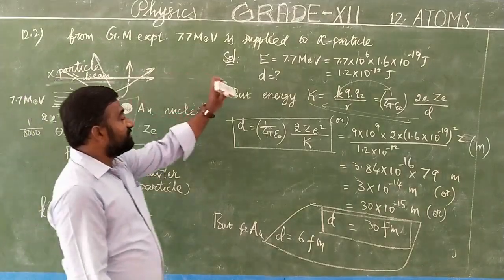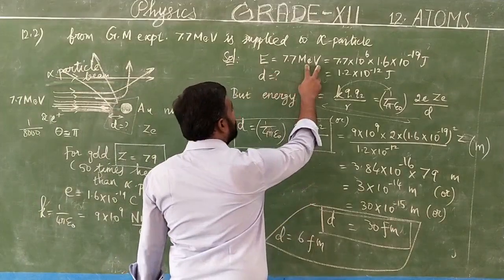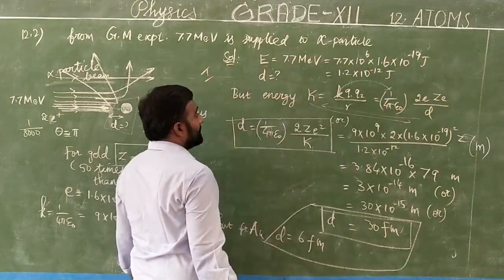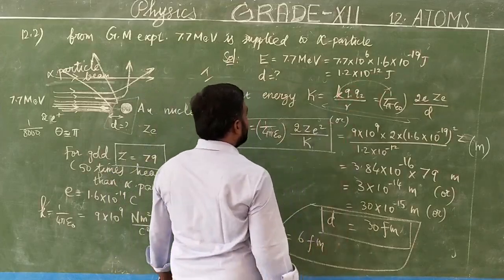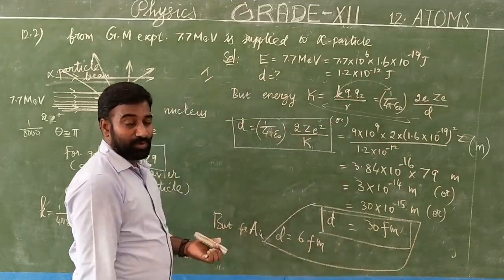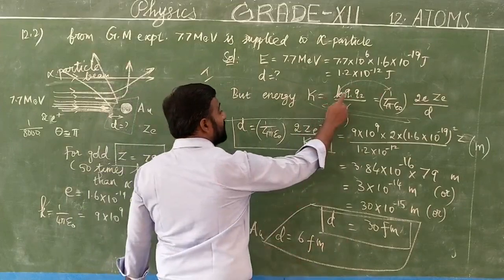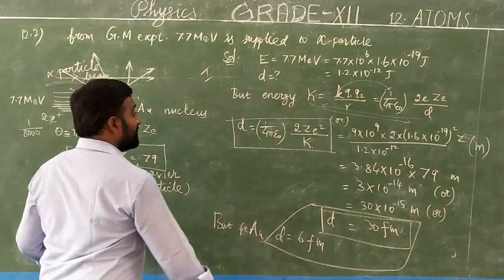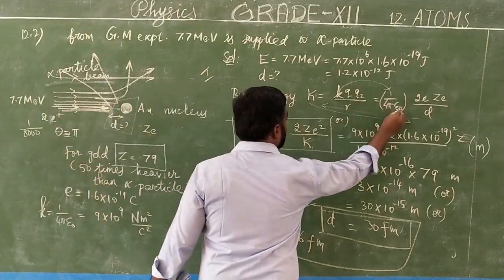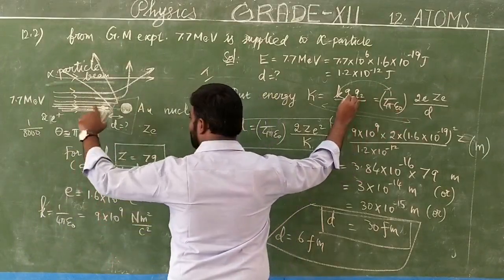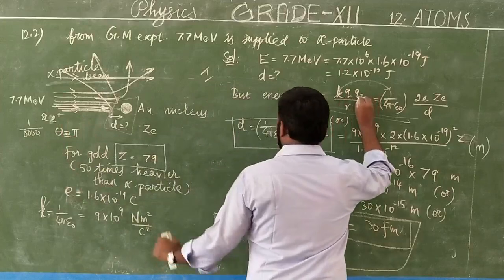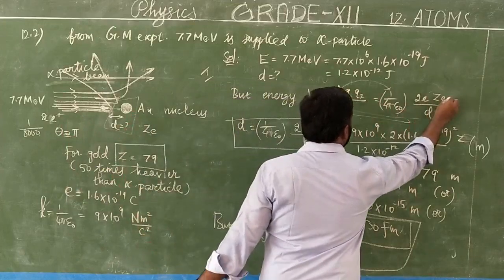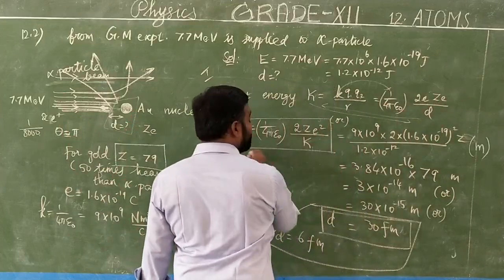Okay. So energy is given. The given energy in electron volt we have to convert into joule first. So this is case 1. Then after we have converted, the electrostatic energy we know. What is the electrostatic energy? That is K into Q1 Q2 by R. What is K? It's a proportionality constant. The proportionality constant value is 1 by 4 pi epsilon naught, and Q1 for an alpha particle that contains 2 protons, and Q2 is the gold nucleus with atomic number Z. So E into E becomes E square. So this is the final formula.